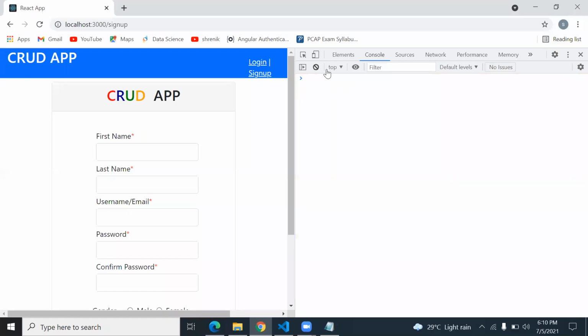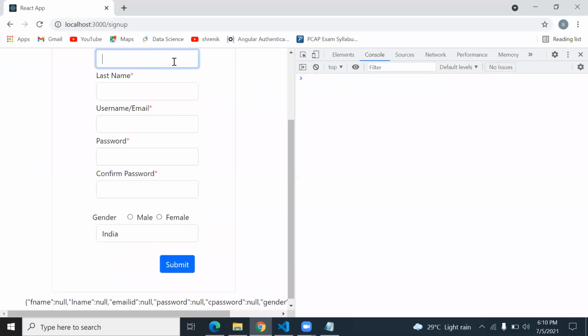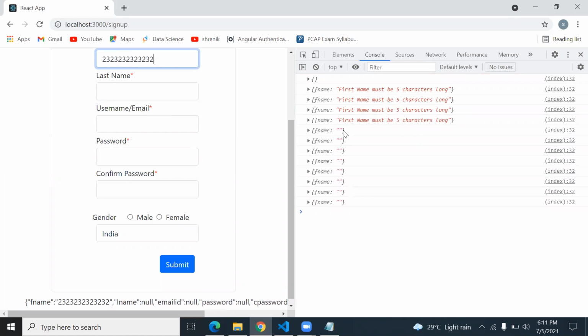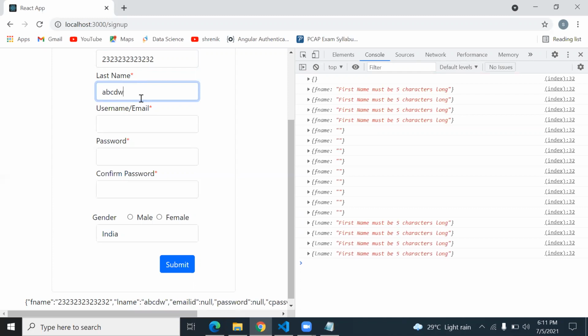Now, what if I type some invalid data? So you can see here in the errors, it is showing me some problem. But as I go ahead, it becomes null. Okay, in last name also, but still it is not valid. I'm not using regex. If I type fewer characters, as I go to the next field, it ignores the errors. For username, I actually have not checked it.